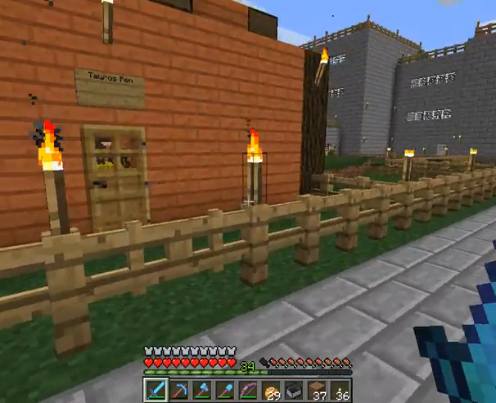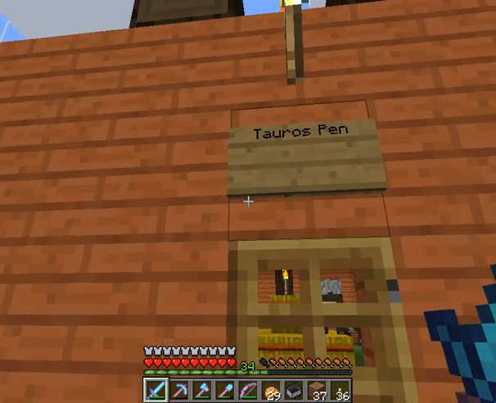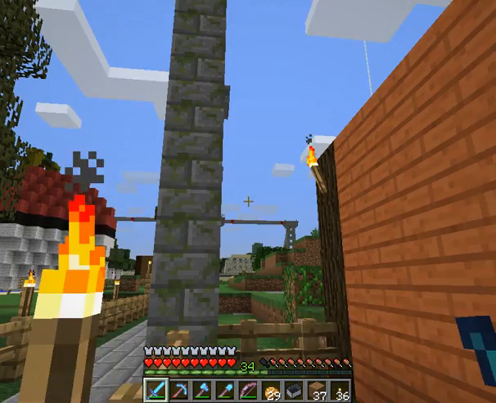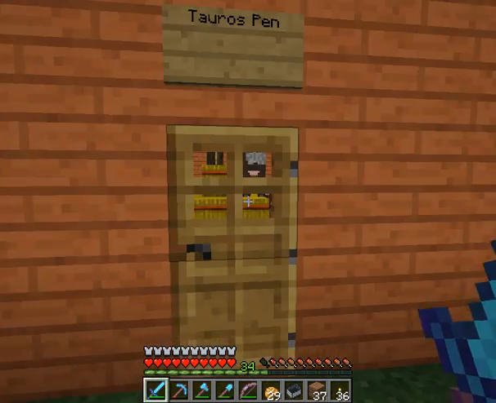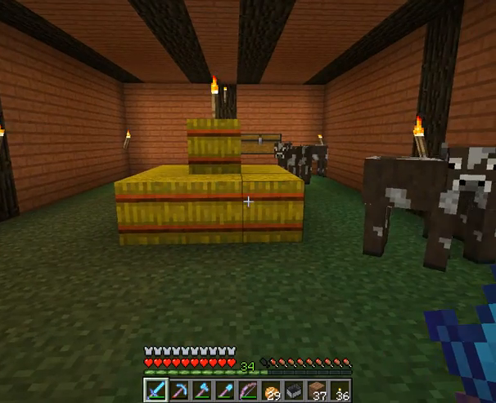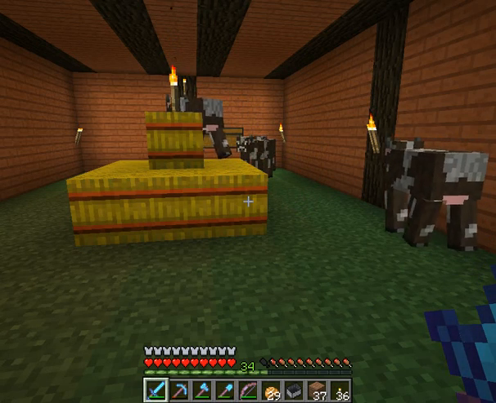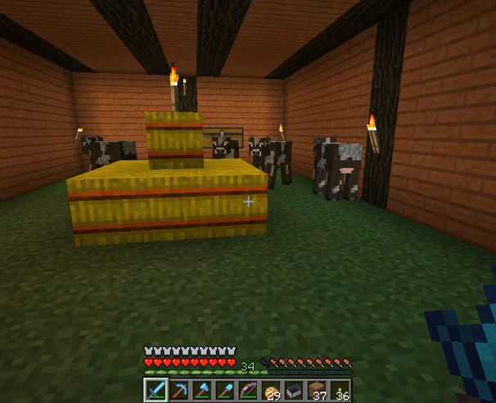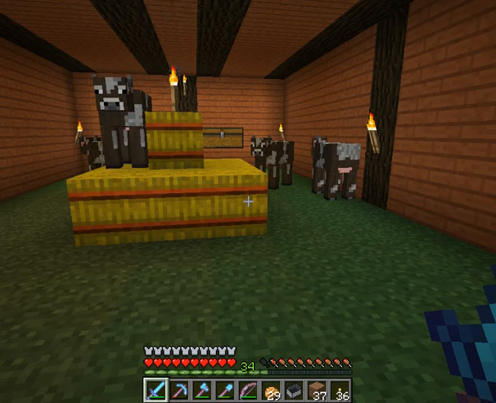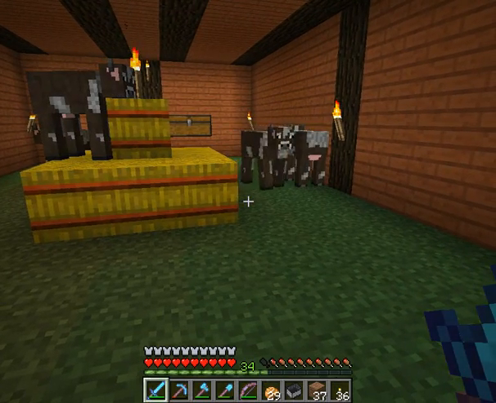Oh, before we do the lazy river, let me show you guys my new animal pens. Here's the Tauros pen. If you're familiar at all with Pokemon, you know that Tauros is a bull Pokemon. I was inspired by the Pokeball. And this is where I keep my new cow population. Basically, I was growing cows, and then they kept disappearing, despawning, even inside an enclosed space. So I decided I didn't want to bother with this anymore. It was too much work keeping them spawned up, and I slaughtered the cows and pigs I had in there,